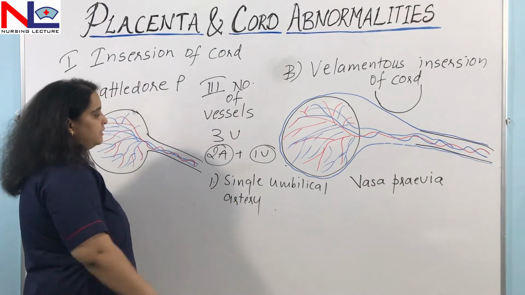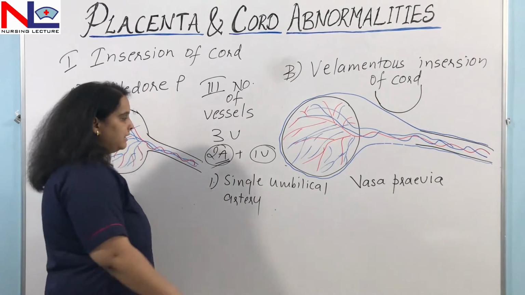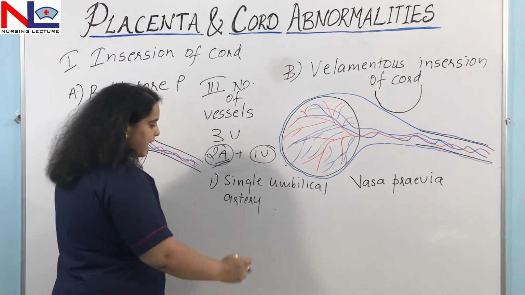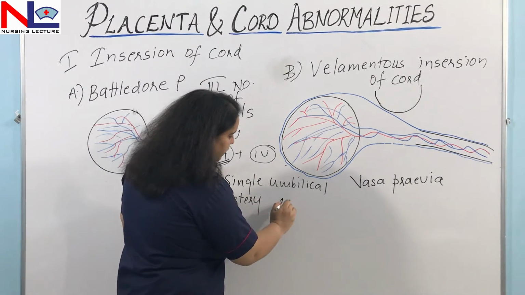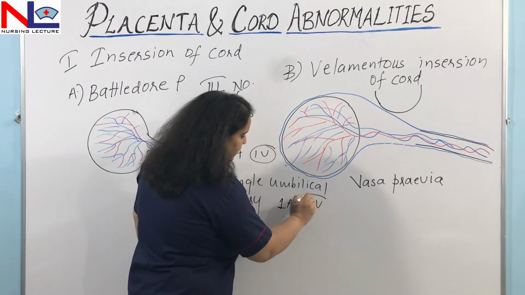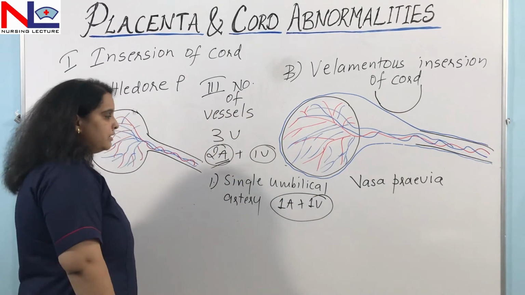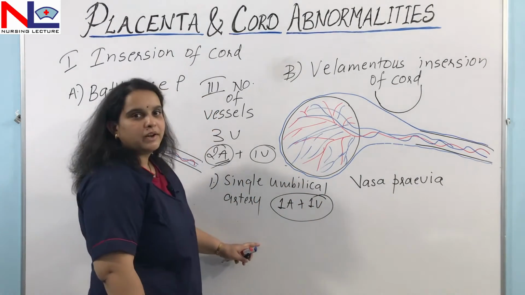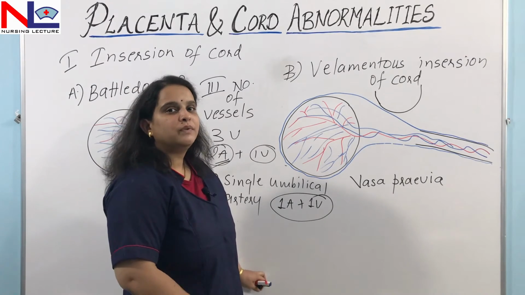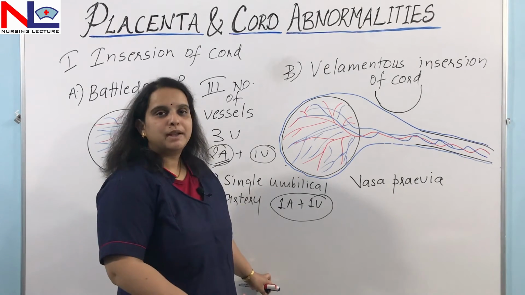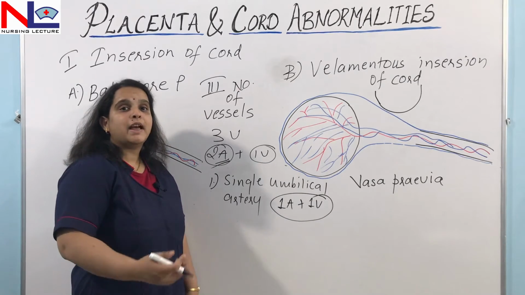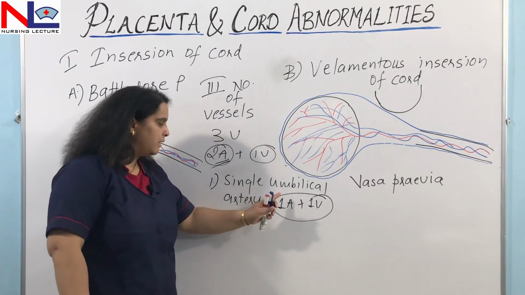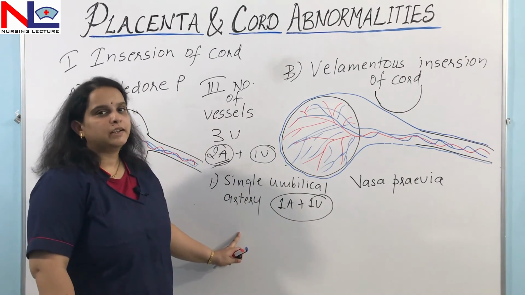What is happening here? Usually there are 2 arteries, and if one artery becomes atrophied, only one remains. If there is only one artery and one vein, the condition is a 2 vessel cord, or you can say a single umbilical artery. This condition is very common in women with diabetes, or epileptic women, or if a woman has oligohydramnios or polyhydramnios. A fetus with a single umbilical artery may have many congenital defects.